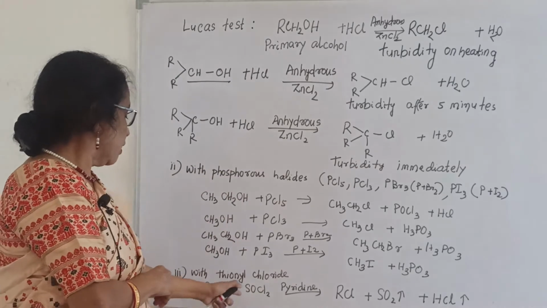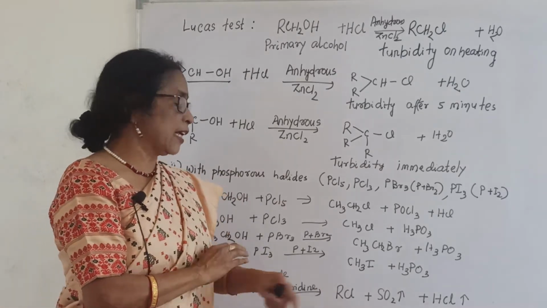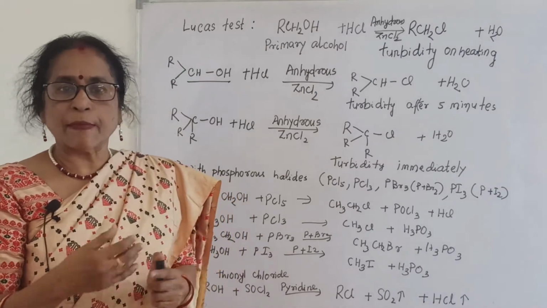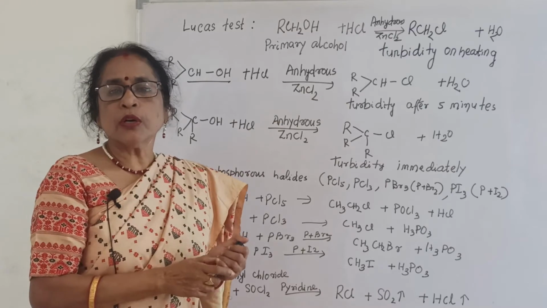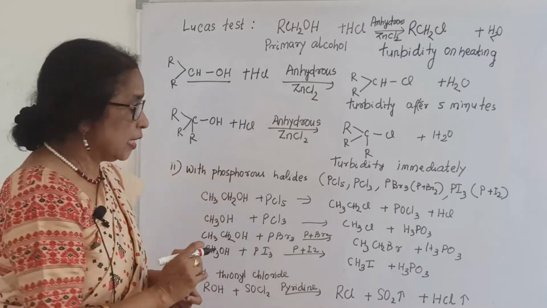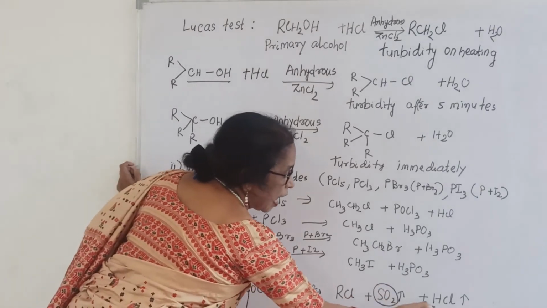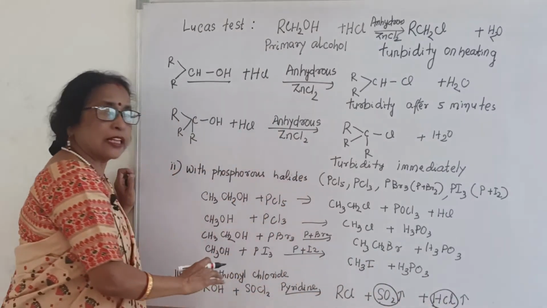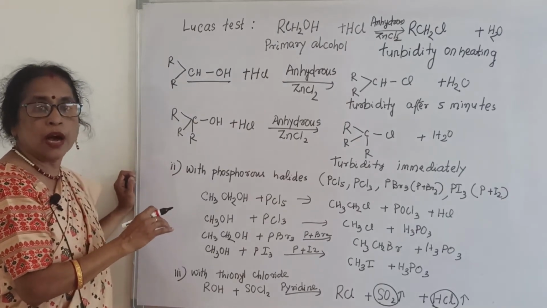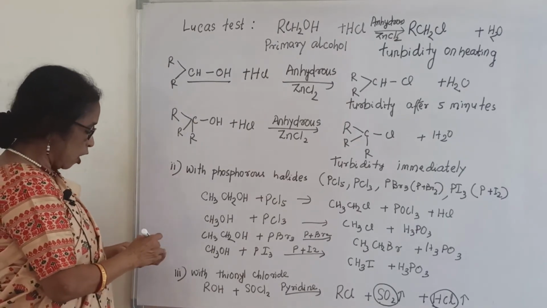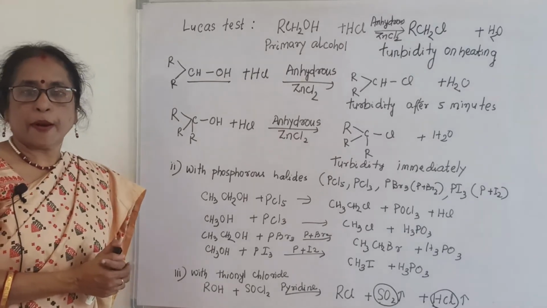That pure alkyl halide, how can we get it? If you treat the alcohol with thionyl chloride in presence of pyridine, it gives haloalkane, and the byproducts SO2 and HCl are both gases. So they can be removed or separated easily. And so this method is very important to get a pure haloalkane. Next we will see other reactions involved in the chemical properties.